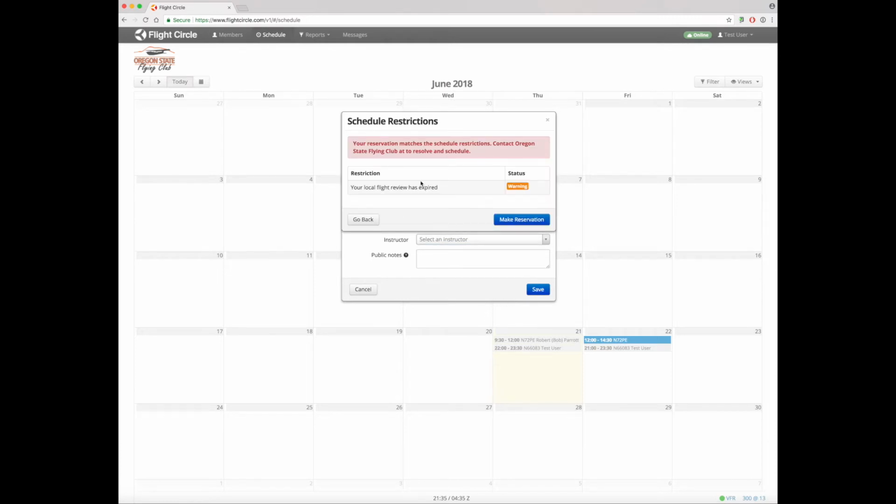So there are schedule restrictions which may pop up. If it's a warning, it will allow you to click through and still make the reservation. If it's a restriction, then you will not be able to make a reservation. Currently, local flight review is set as a warning, which will remain for probably the first month or so while we get everything transitioned over. Eventually, this will be a hard stop, and if your flight review is expired, you will not be able to make a reservation. For now, we'll click Make a Reservation,